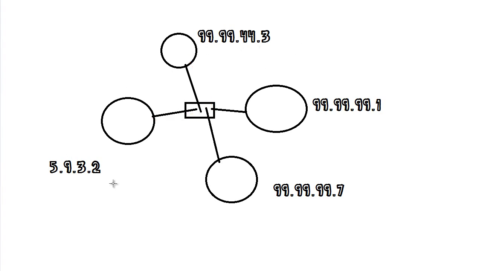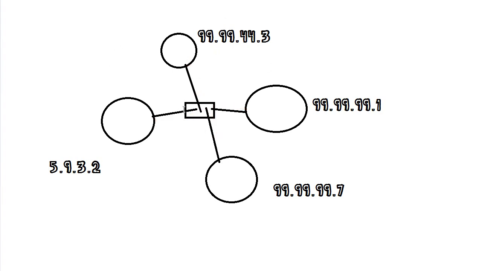Why does this work? Because nothing else needs to happen. What am I talking about? Basically, we're not routing yet. This is a switch, or a hub. If this is a hub, that essentially means that every packet or every frame that is being sent by one machine is being received by every other machine. If it's a switch, what it means is that every frame that's being sent by this machine is either being routed to its correct destination based on MAC address, or is being routed to every other machine. So either way,